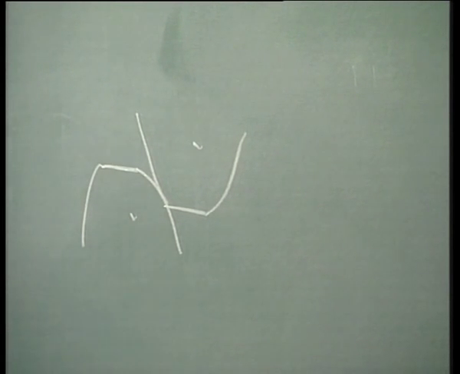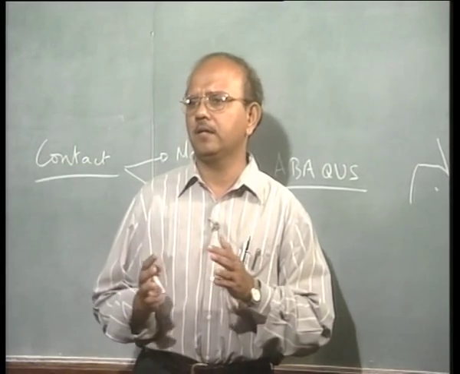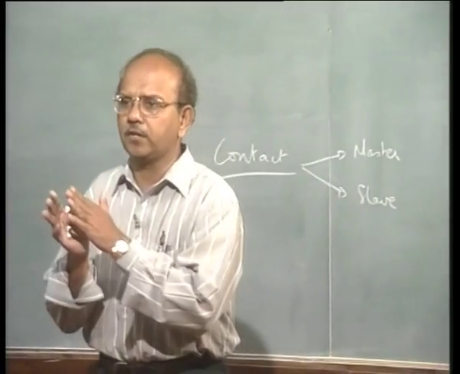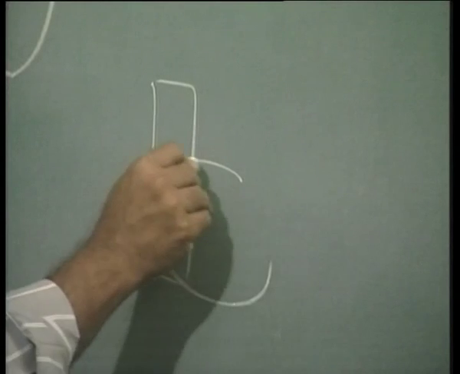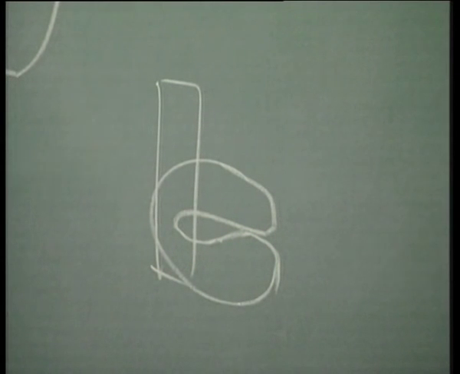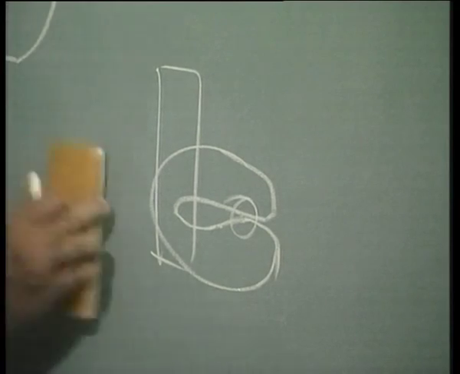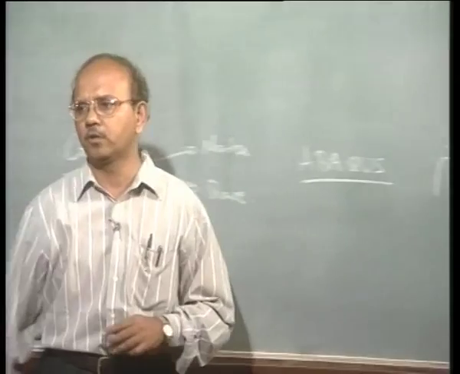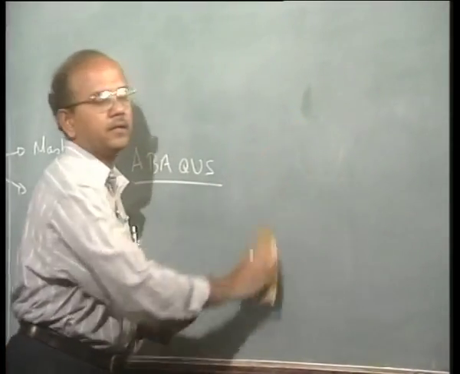Now, there is another set of contact called self contact. For example, a sheet can buckle and come into contact with itself. Suppose I have a sheet like this, it can buckle and come into contact like that, it can have a contact with itself. This is called self contact. This is used, for example, in crashworthiness problems and other things. Let us not go into this, it is quite advanced. There are a few packages which can support this kind of self contact. Now, let us come back to our problem of how to define it in Abaqus.